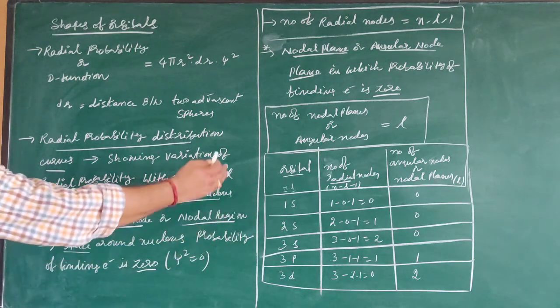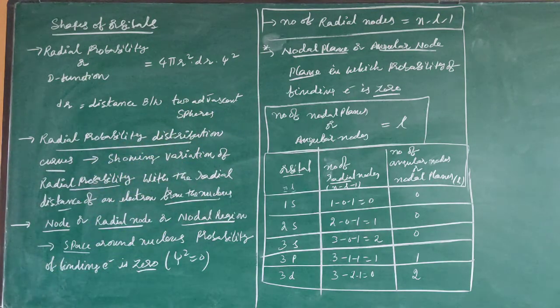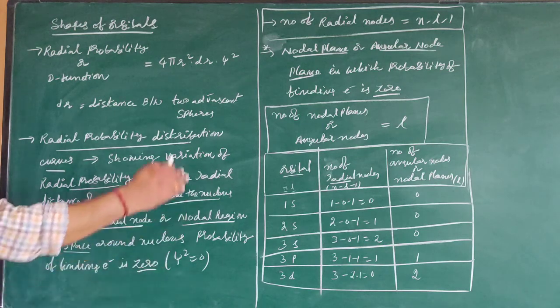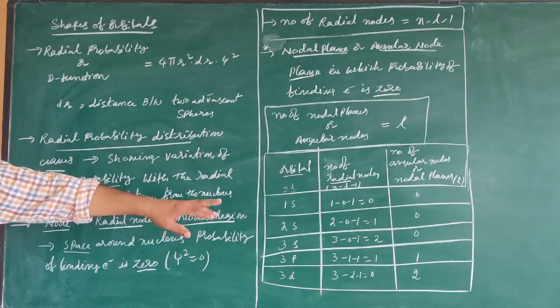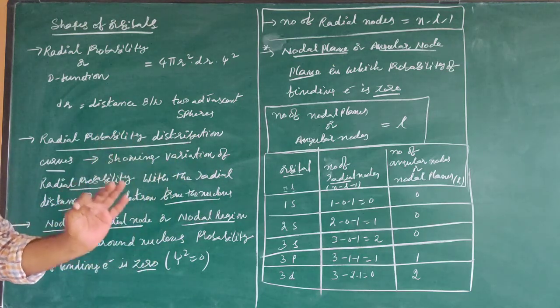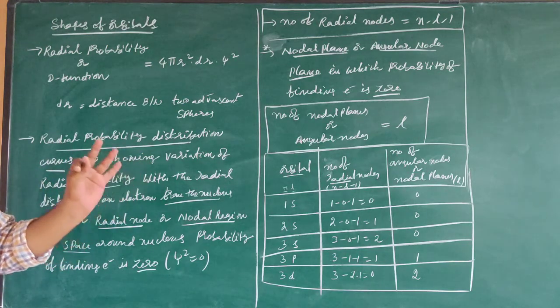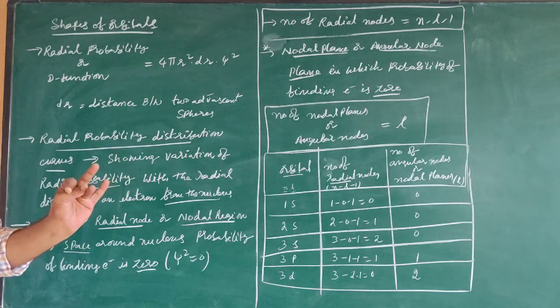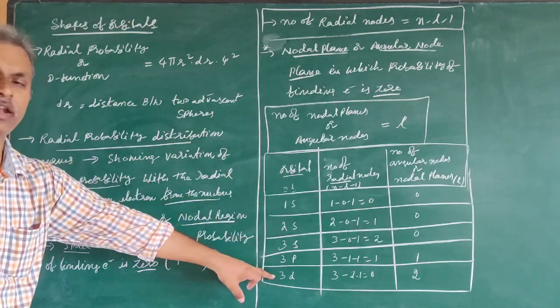These calculations of radial nodes and angular nodes are useful, so please revise once again. You need to know the L values. For an s orbital L is equal to 0, for a p orbital L is equal to 1, for a d orbital L is equal to 2, and please take care, for an f orbital L is equal to 3. The first value, this value, represents the n value.